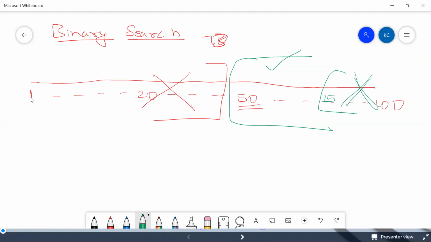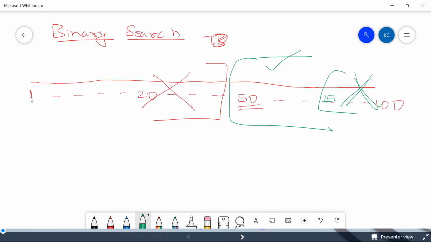Then your mind says, now there is no point of searching anyone in this part, because my 73 should be somewhere between 50 and 75. Which means in my first check itself I'm trying to reduce half of the people, and in my second check I'm trying to reduce half of the people, and I'm concluding that there is no point of going towards my left or right. And this is what our human brain says. There is nothing fancy in it.